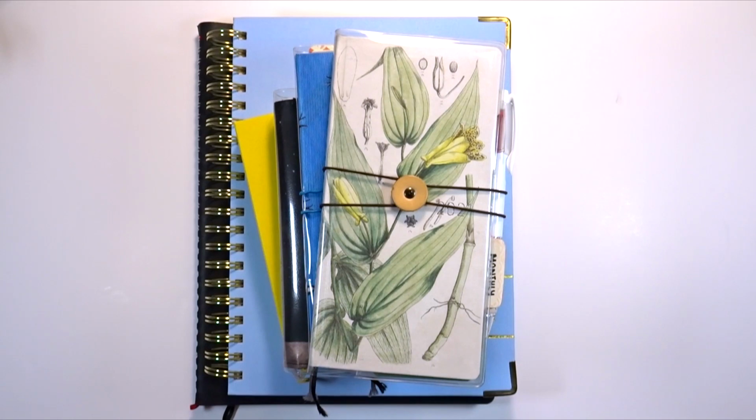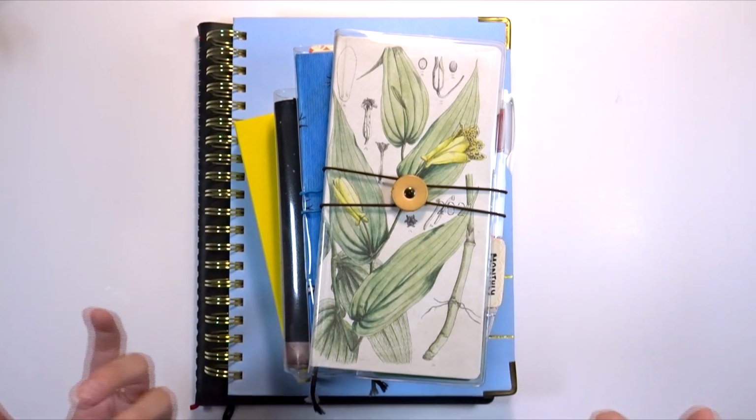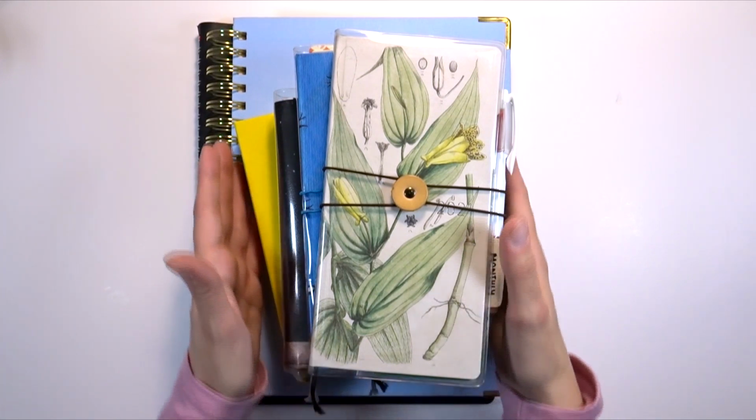You guys already saw a Hobonichi weeks setup that I was going to use as my personal planner, but since then I've changed my mind and I think I'm going to be incorporating new planners that I've never used before because I really want to try something different for next year, even though I really love the weeks as a main planner, but I wanted to try something different, make things a little bit more fun, and thus I changed my mind and I ordered a few planners, and because they haven't arrived yet, I thought, well, if I can't